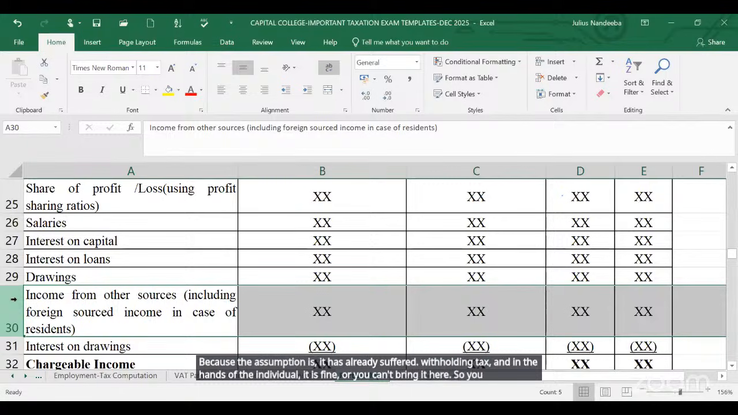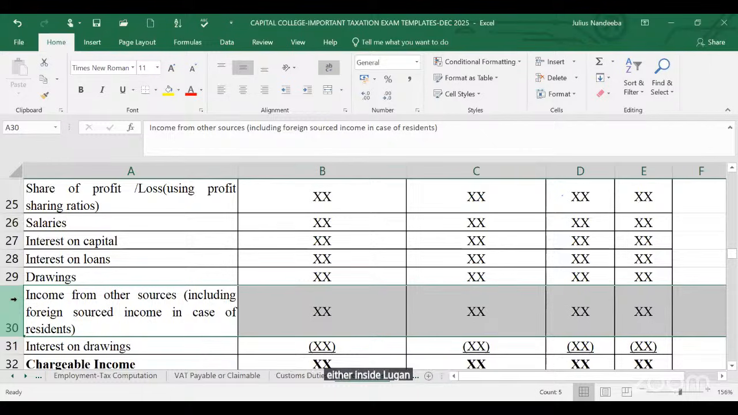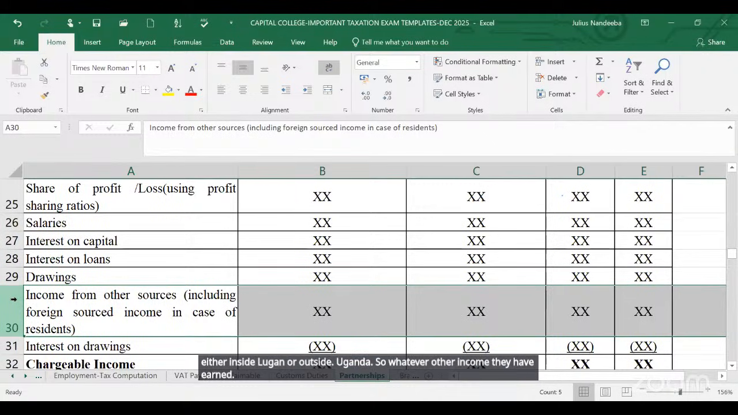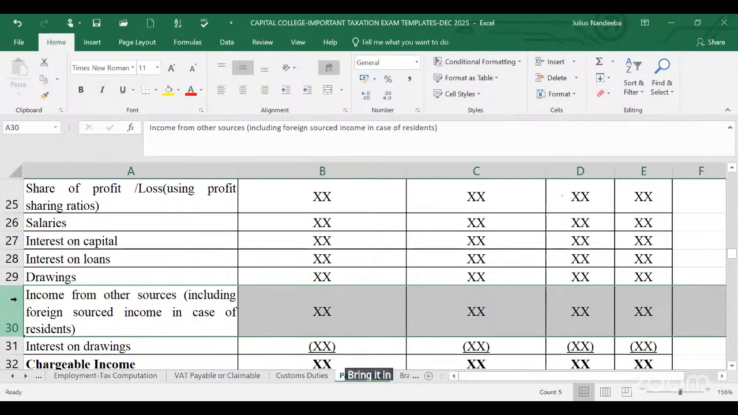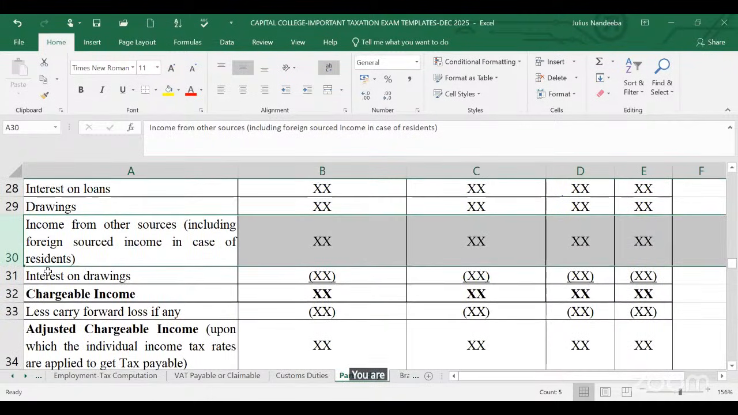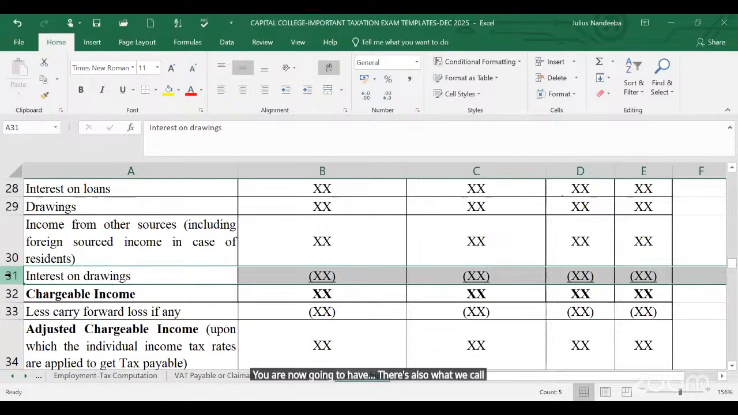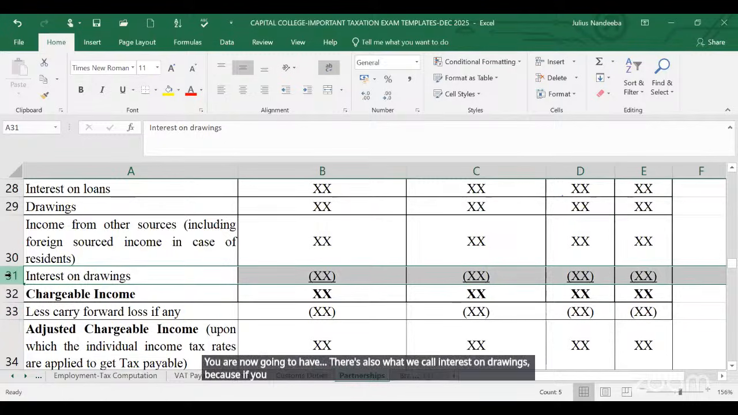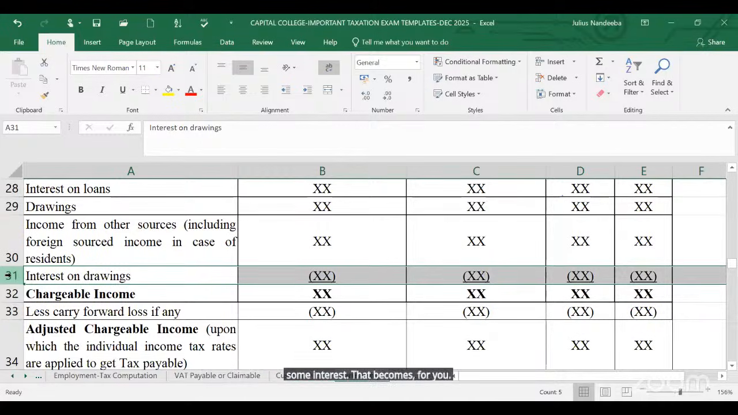So you bring any other income because they could do some consultancies either inside Uganda or outside Uganda. So whatever other income they have earned, please bring it here. Now, as you bring it there, there's also what we call interest on drawings. Because if you pick drawings, sometimes the partnership will charge you some interest. That becomes for you a cost. That's why it is in brackets. So interest on drawings is a cost. Then I am able to get the chargeable